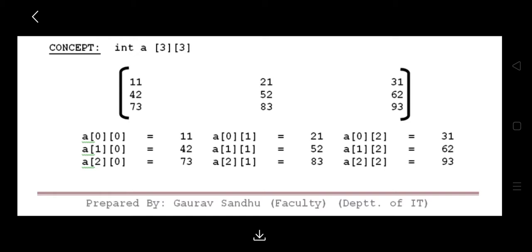So now it has been understood that in order to declare a 2D array, you have to create two dimensions. A 2D array is a part of multi-dimensional arrays. In int A[3][3], A is the name of the array, and int is the data type. The dimensions 3, 3 state that there are a total of 9 elements which can be stored in a 2D array. Let's see more detail on the 2D array.